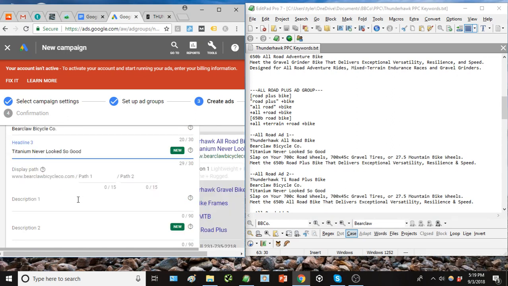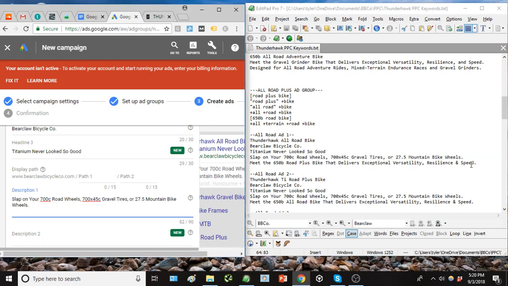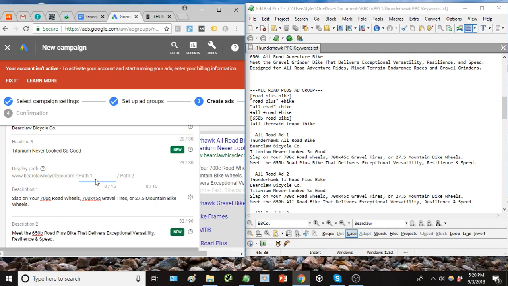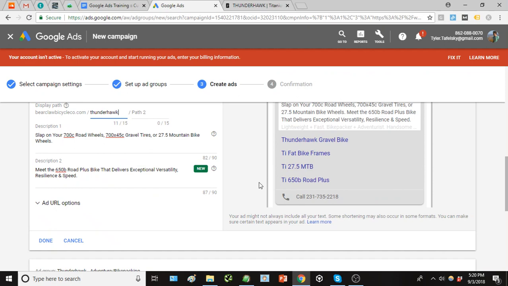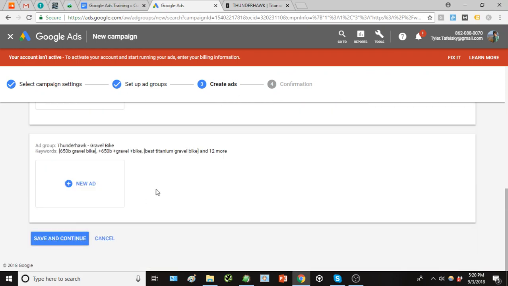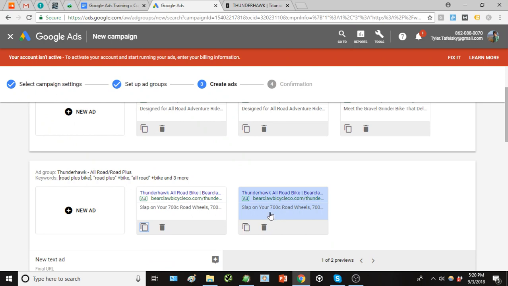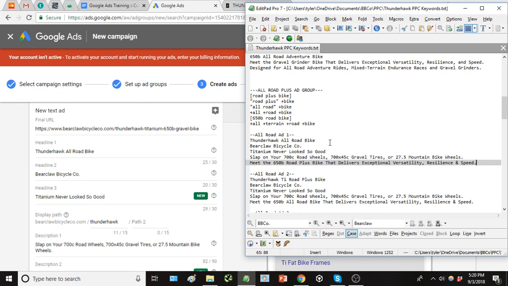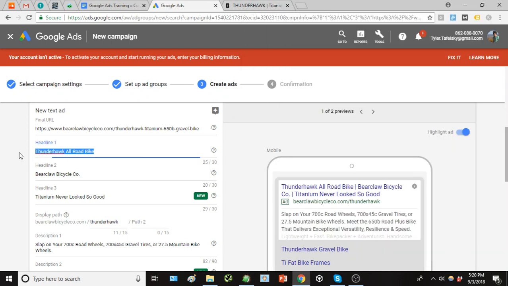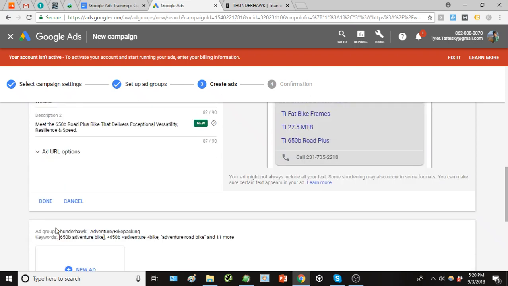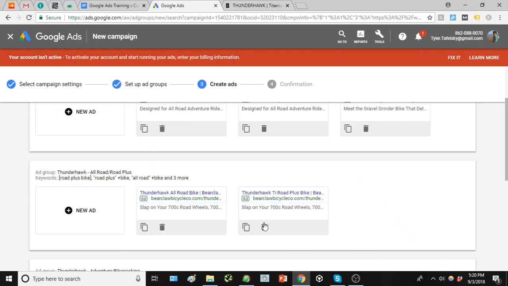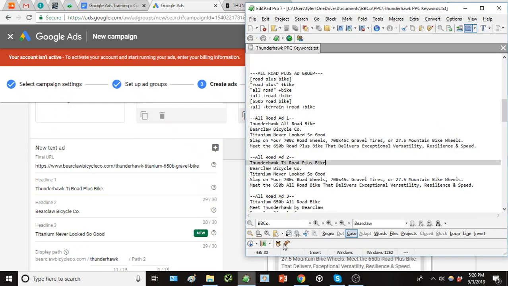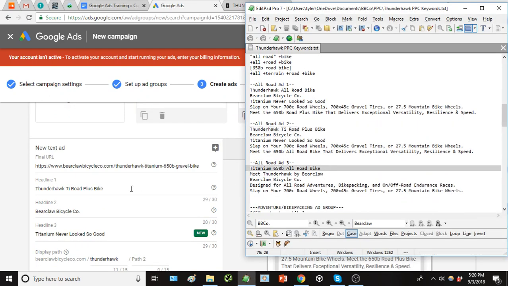And the description is the same for both of those top 2 ads, so it'll make for an easy duplicate. All right, save that, duplicate it, open it up to edit, and put in that slightly different headline 1. Hit save, or done, and then we'll just duplicate one more for that off the wall, more kind of cool,